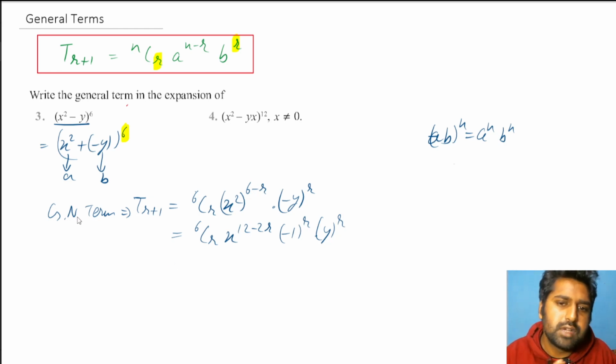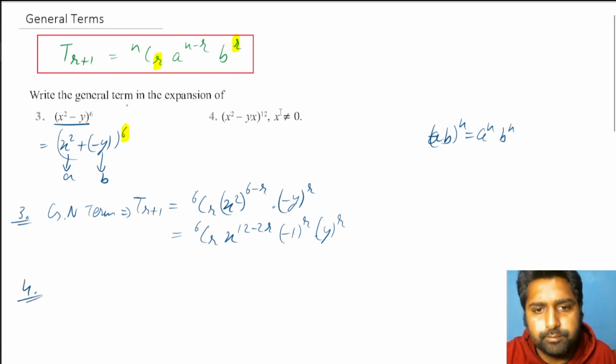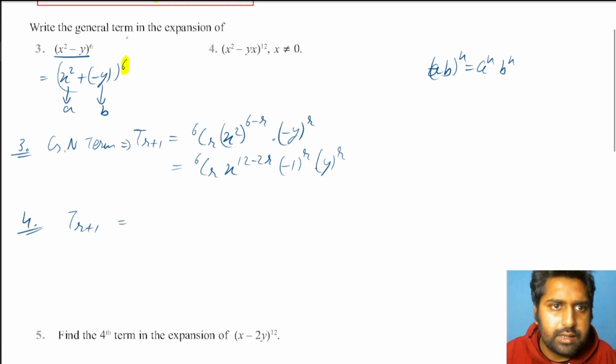Of course, the question will never ask you to write the general term. He'll use the application part, but let's solve first. So that was the solution for the third question. Let's solve the fourth one also. Again we have to write the general term, so I'll directly say T(r+1) is, let's see the power first of all. N is 12, so